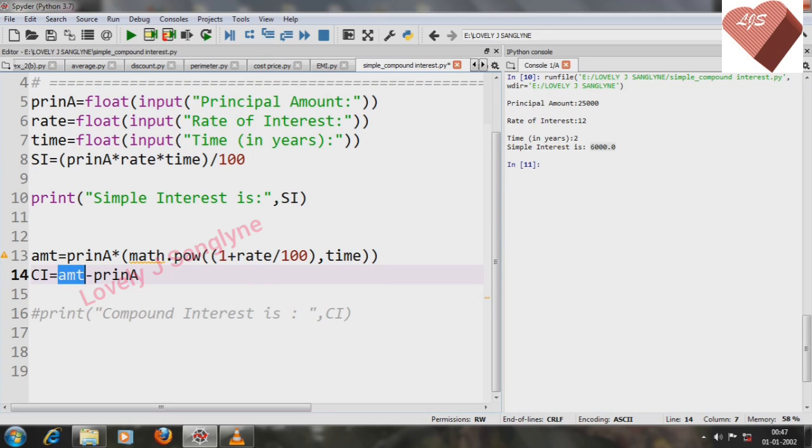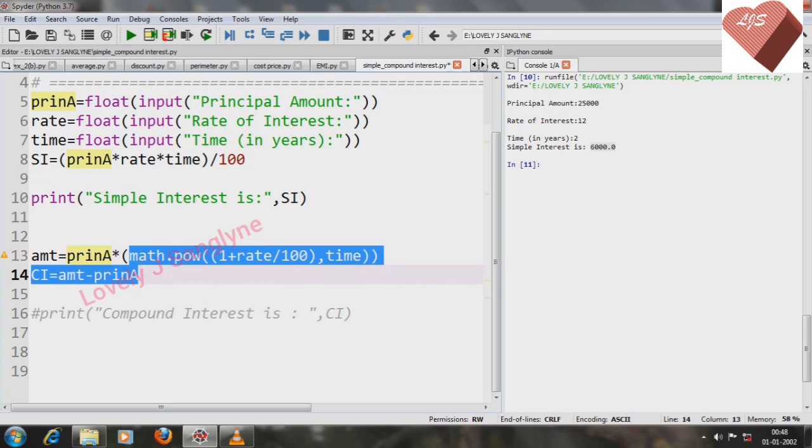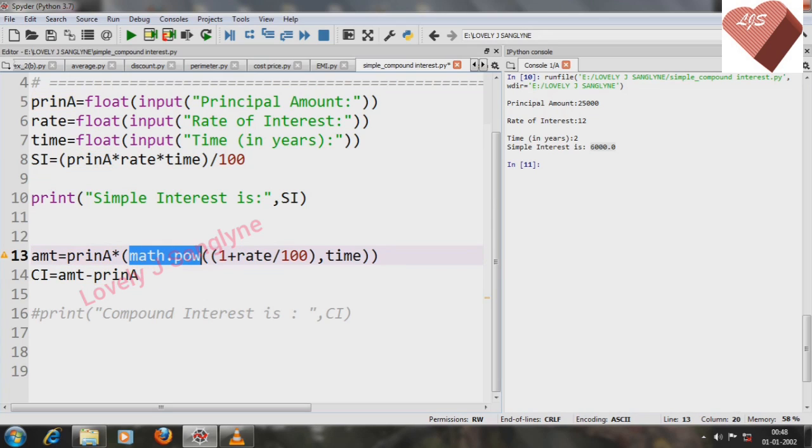To remember these two, AMT, that means the amount we are getting from this formula as shown in line number 13, and A is the principal amount that we get from the user in line